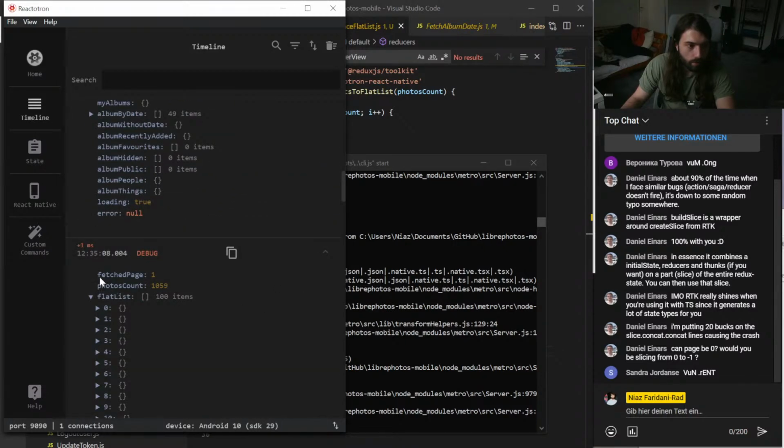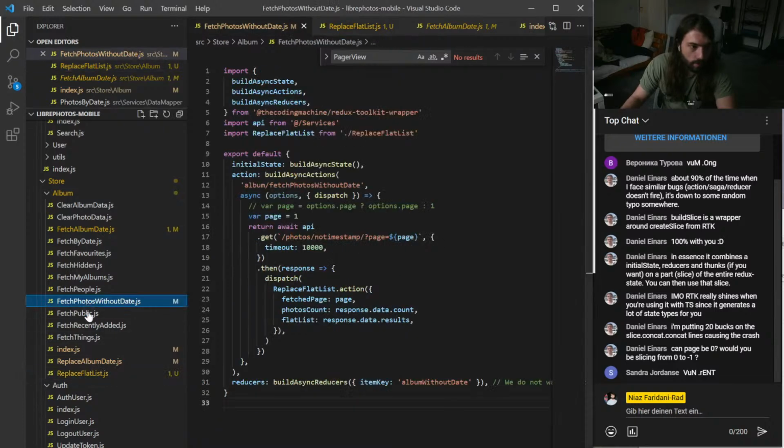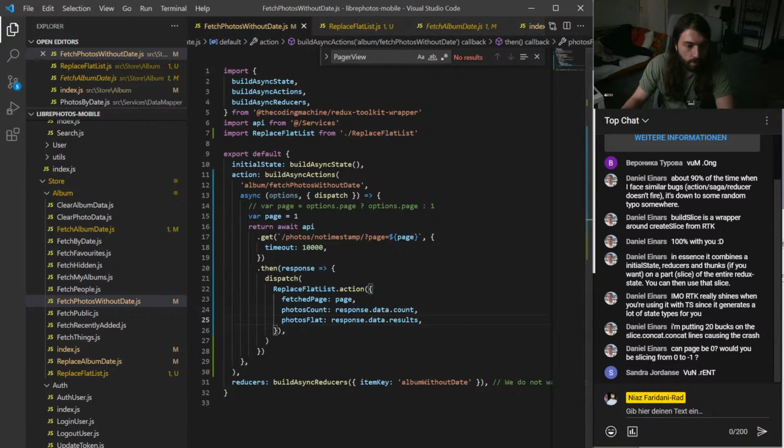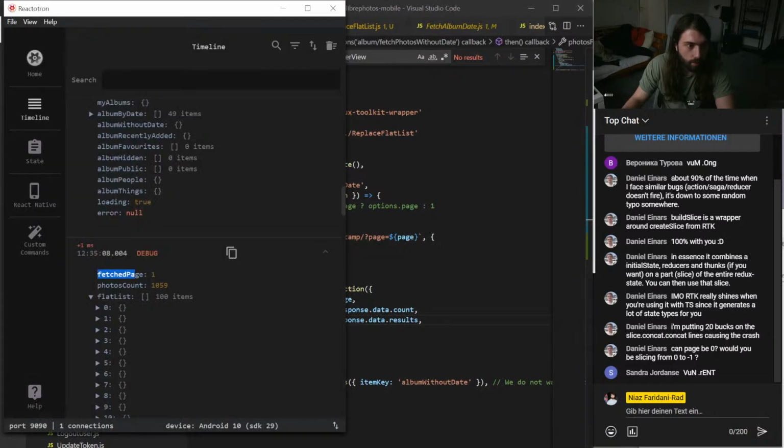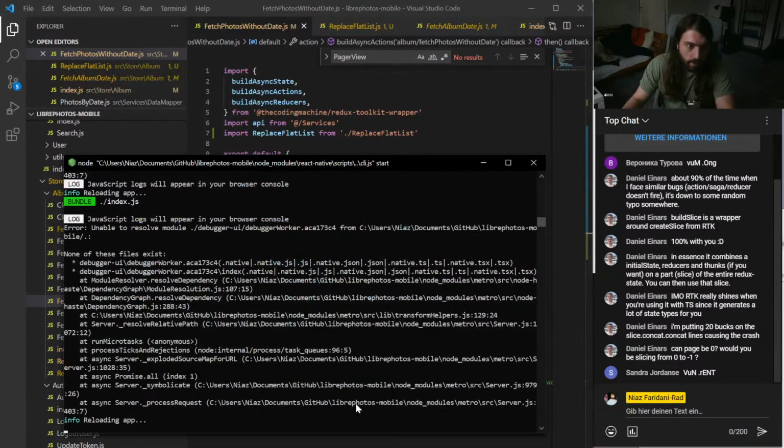So it's called fetched page, right? And flat list, flat list, flat list. Okay, photos flat. That's what I called that there. That could explain why that didn't work. And the other thing was called photos count. Alright, and that last thing is fetch page. Alright, let's see if this works.